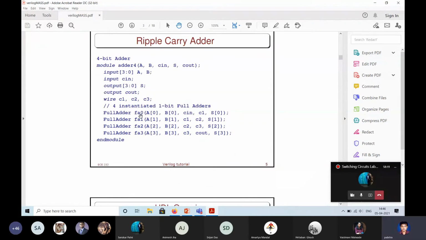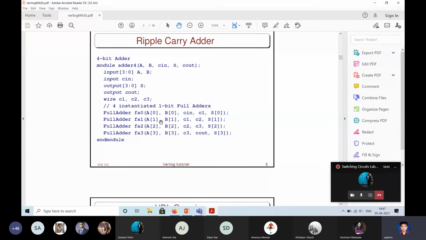Here you see these are 4 instances. Just like you can call a full adder, here you have to instantiate full adders. We don't call it call, we call it instantiate. These are 4 instantiations of the full adder. We name them FA0, FA1, FA2, FA3, and these are their port lists.